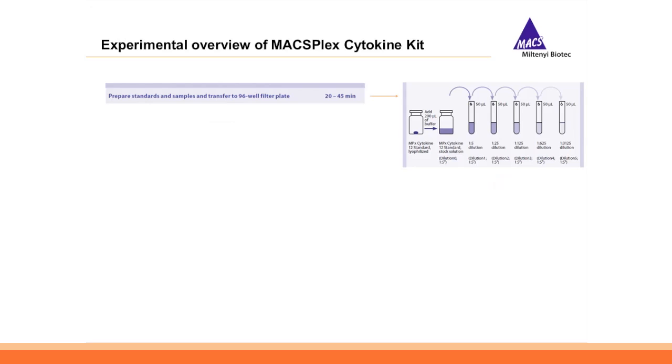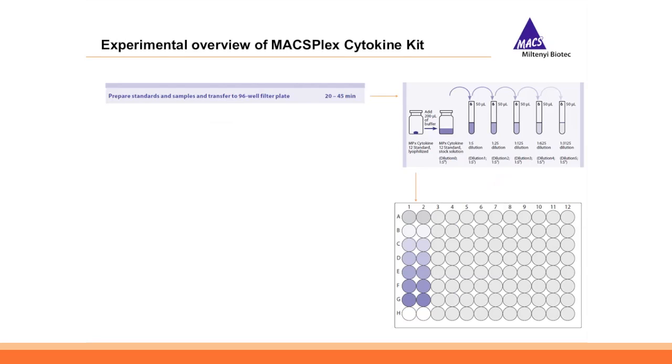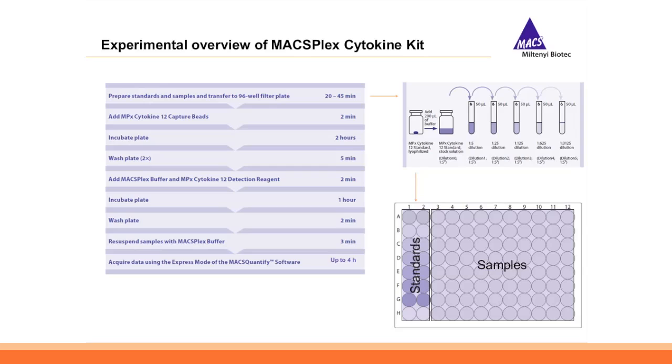And out of this stock solution, you perform a serial dilution and get different tubes with defined cytokine concentrations. Those different samples of cytokine concentrations you would transfer to your filter plate and start with column 1 and column 2, and the remaining positions you can fill with your unknown samples you want to analyze. The next step is to add the capture beads to your standard samples and to your unknown samples, incubate everything,